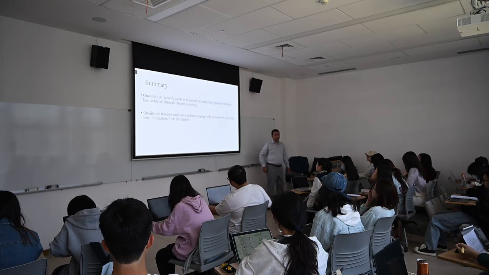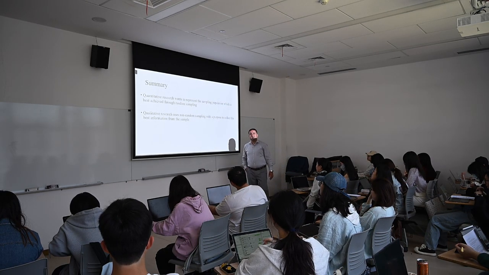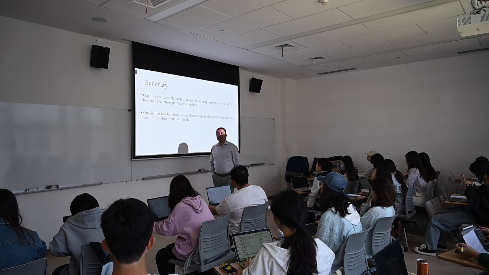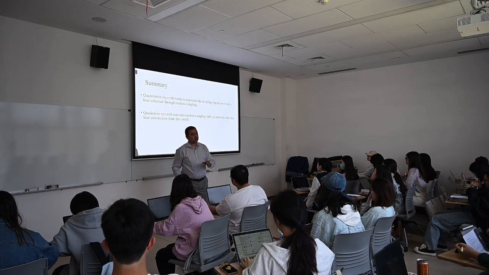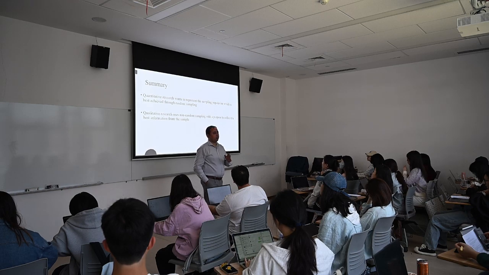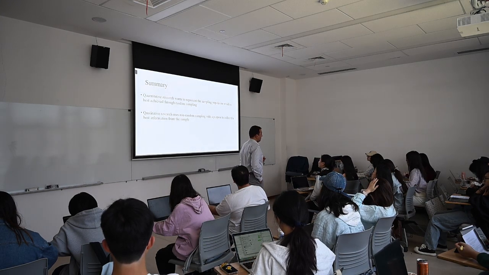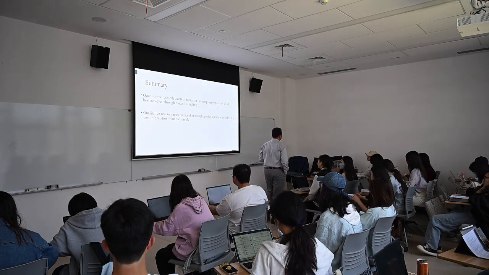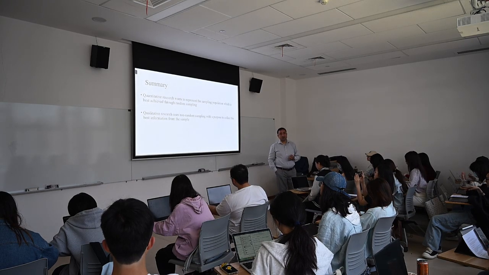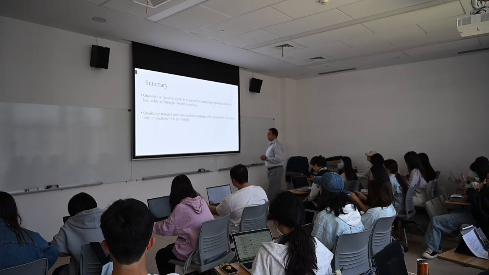Simply we can say the whole chapter is about this: in quantitative research, we use random sampling or probability sampling design, which is representative and we can get better results, findings. The second one is in qualitative research, we use